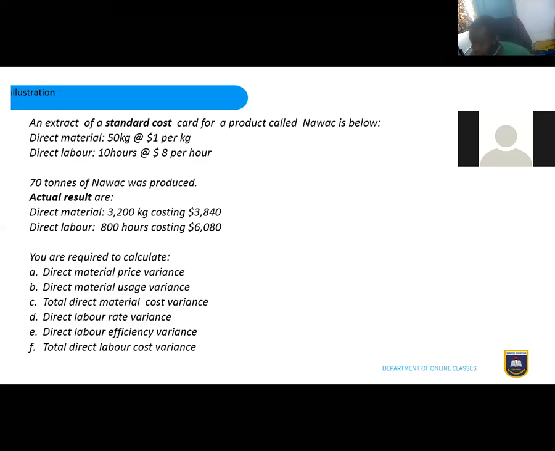as far as questions on standard costing are concerned, they always give you two major costs. That is standard cost and actual cost. So, from the information, you could realize that they said an extract of a standard